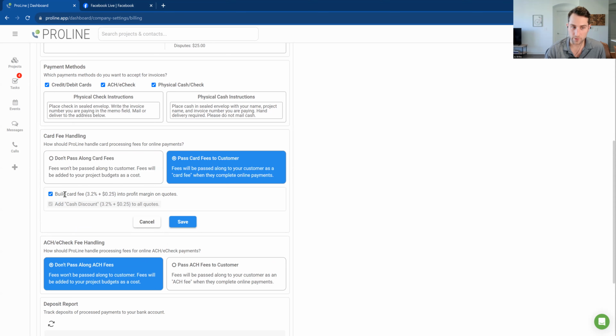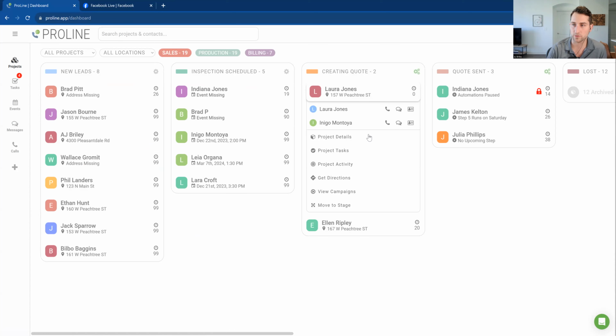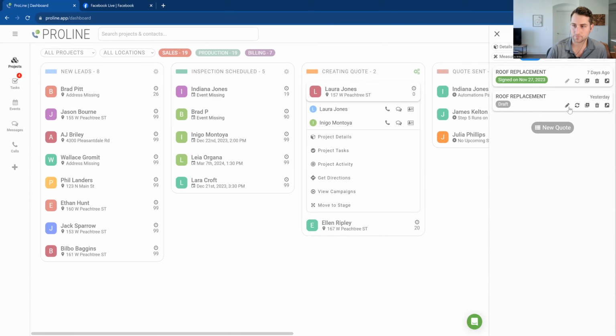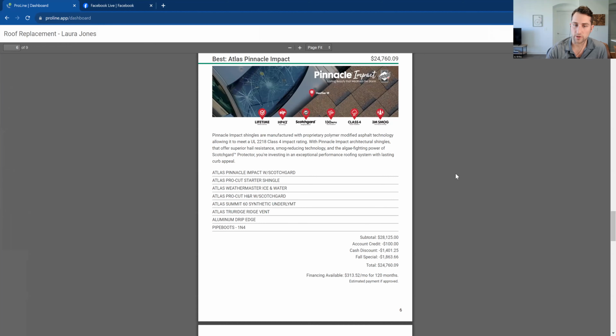Now, you can still build the card fee into the margin and pass the fees along to customers, but you don't want to be double charging both on the quote and when they're going to check out with card. So to avoid double charging them for the card fee, ProLine automatically adds a cash discount to all quotes. So if we go back and look at that quote, I'll generate this so you can see what it looks like on the actual quote. We have an additional 3.2% plus 25 cents being added to the margin, but then it's also being subtracted as a discount, which is visible to the customer. And so if we go look at the